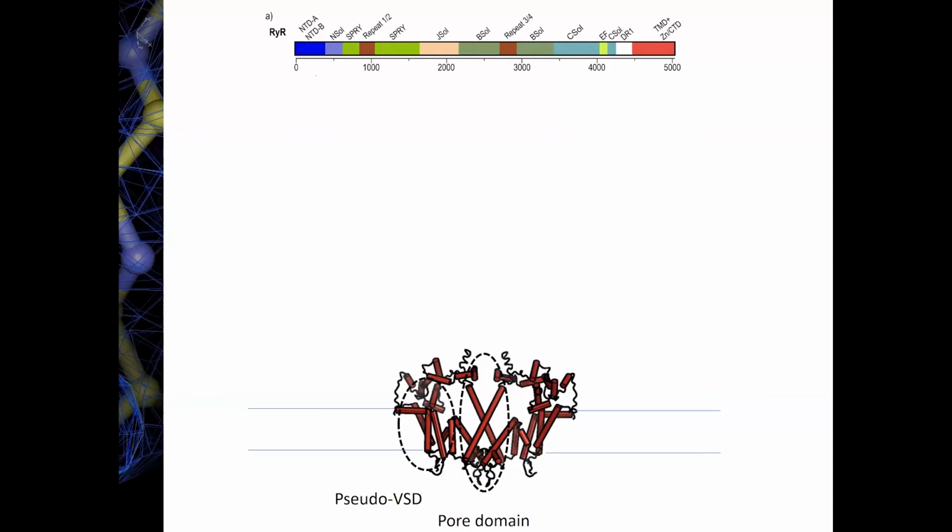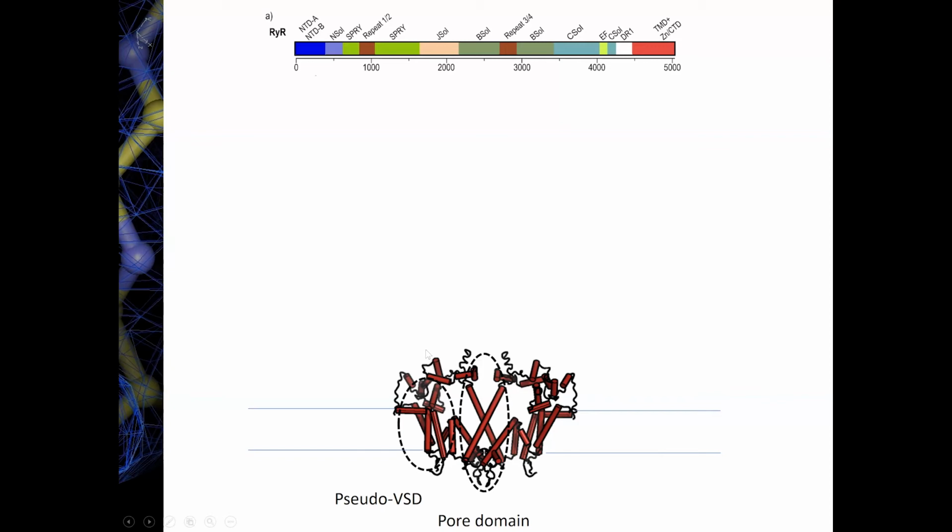And so if we look at just the business end of the protein, which is the transmembrane region, and I call it the business end because this is the part where calcium ions can permeate the membrane. So what I'm showing here is a cartoon form of the transmembrane region. And for clarity, I'm only showing 2 out of the 4 subunits. And what you will see is that in the center, there's a so-called pore-forming domain. And that's a module that you find in many different ion channels of the tetrameric ion channel family.